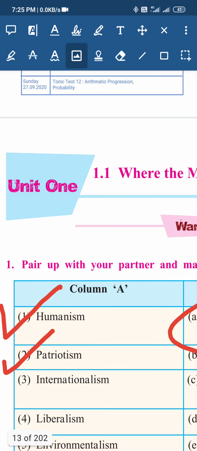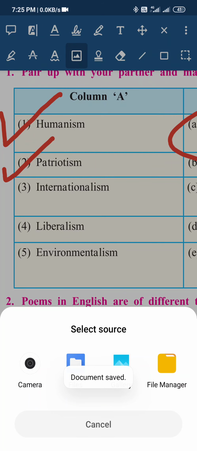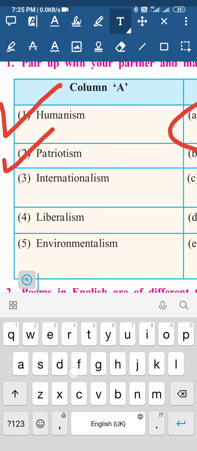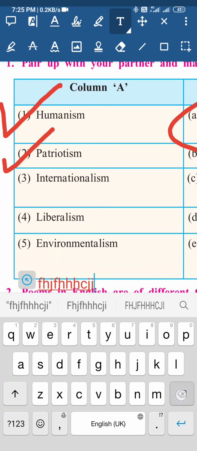Moving on next, you can do all sorts of markings. Here you can have various tools, which you can access from here. If you want to insert any text, you can click on text T here and you can start typing in there itself. Let me give you an example.